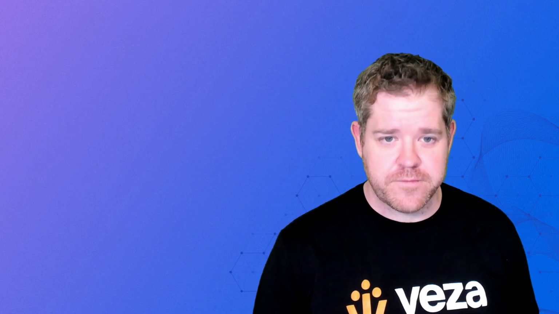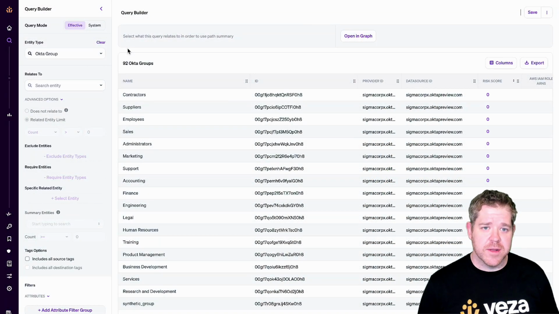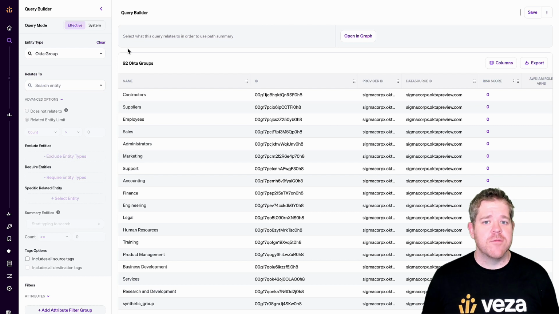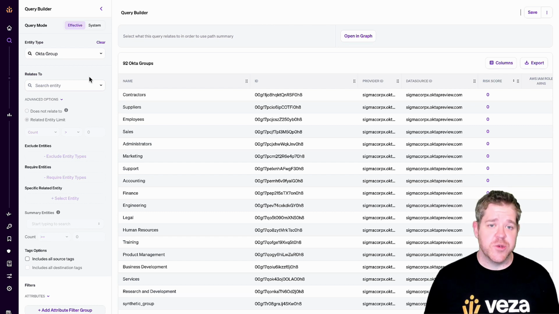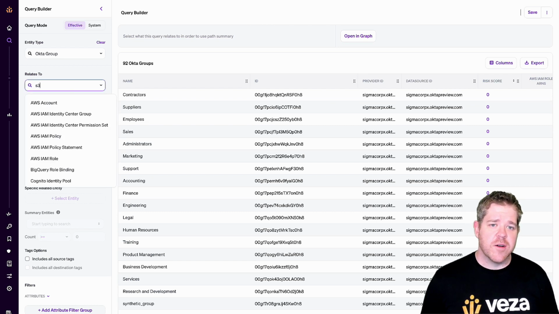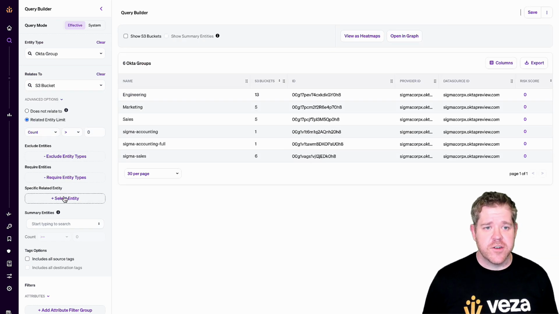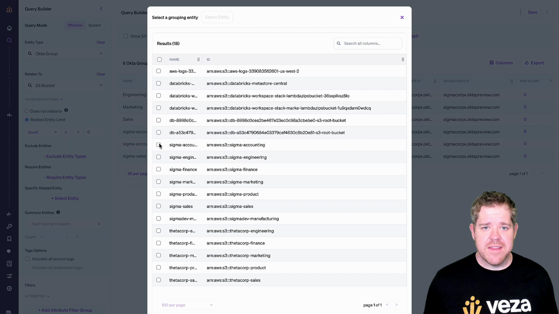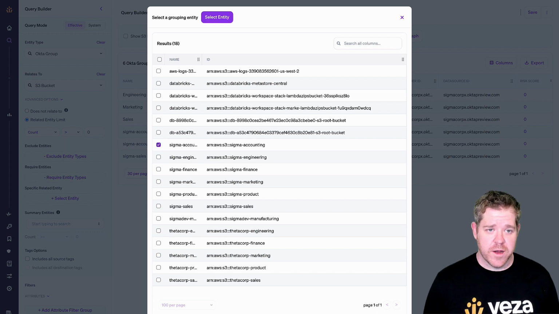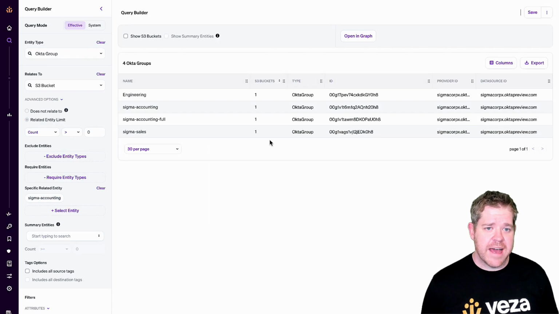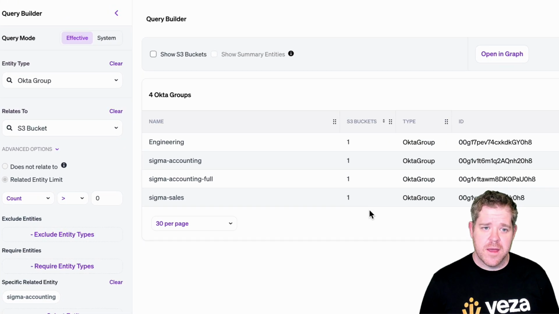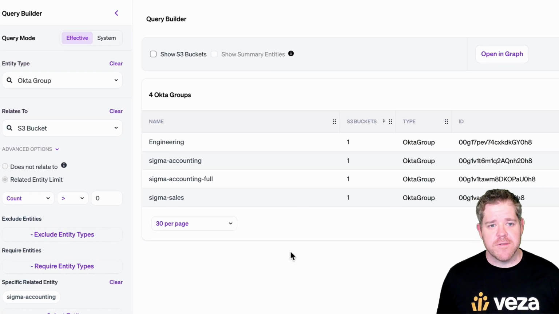assignment for Dave. I'm using the query builder, and let's start by finding all my Okta groups. I have 92 here. But not all of these are going to have S3 access, so we'll narrow this down first to groups with access to S3, and then to the specific bucket that we want. Okay, so we have 4 groups to choose from, but which one of these is going to grant the fewest